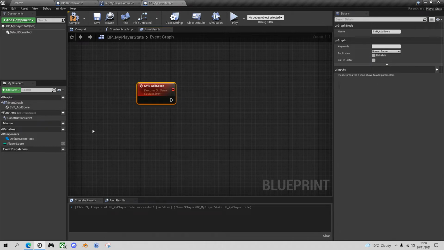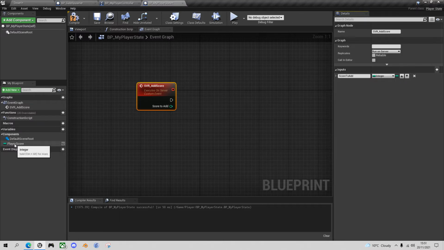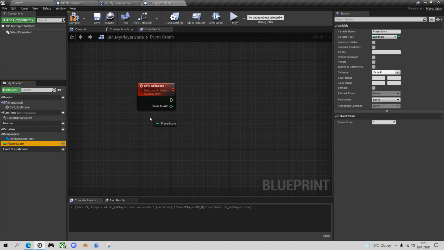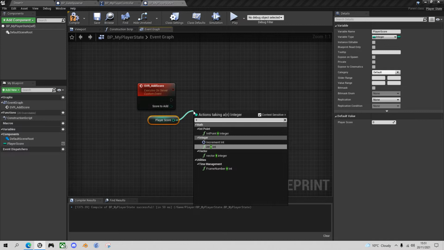And we need an input to this event. So we'll create a new input and we'll call it score to add. So whenever an event happens in the game that we want to add score, it will call this function, pass in the score to add, and we're going to add it to our running total. So this is an integer value. We want to take our player score, so control. So that's the current score that we've got, and then we want to do a plus to add integer and integer,